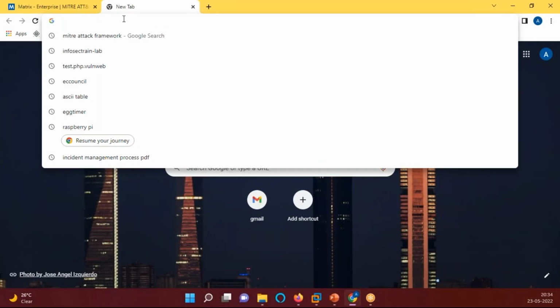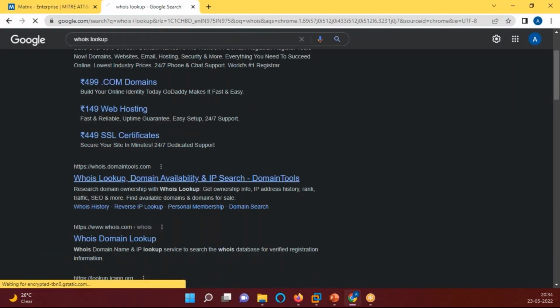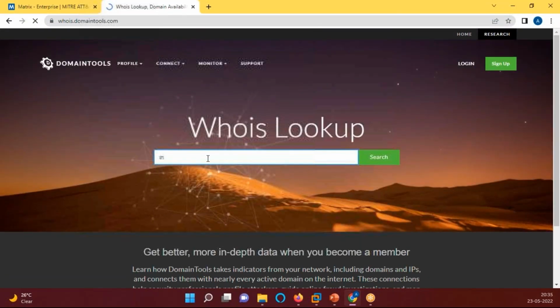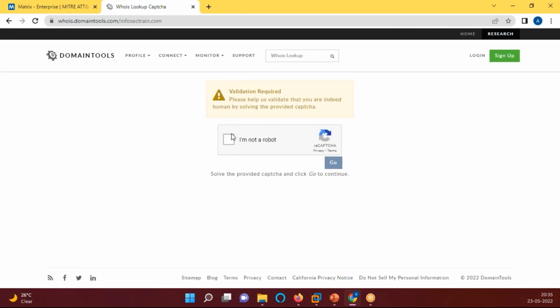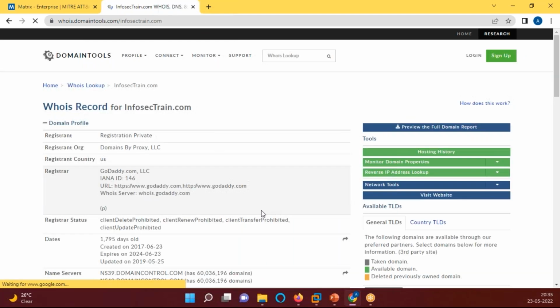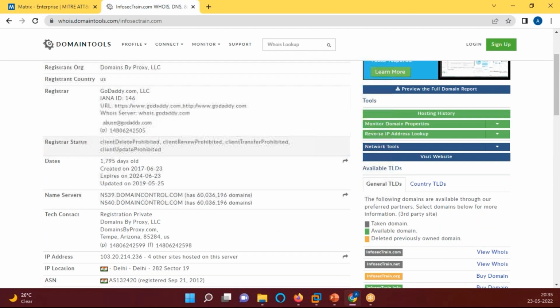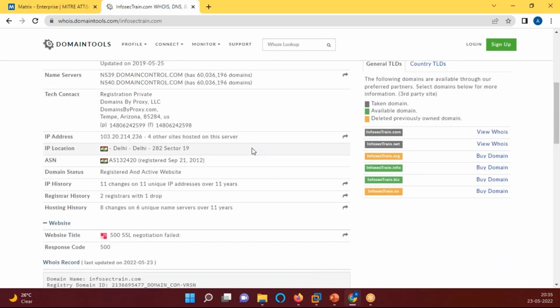What you can do is use something with the name whois lookup. So it will give you the whole